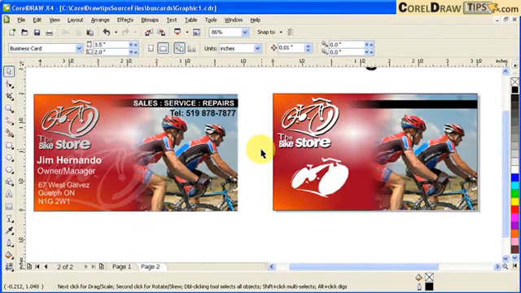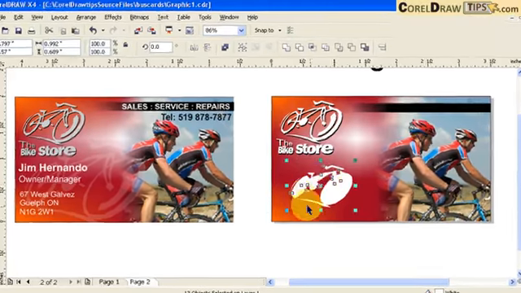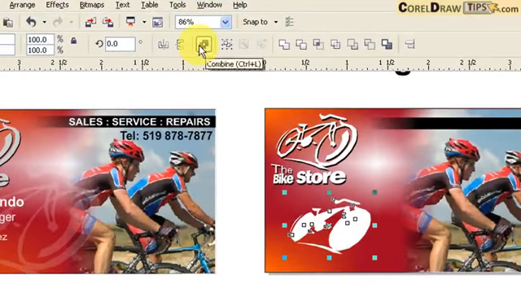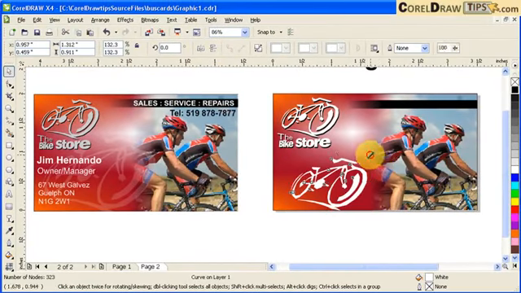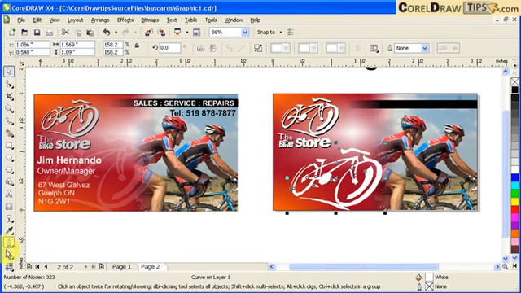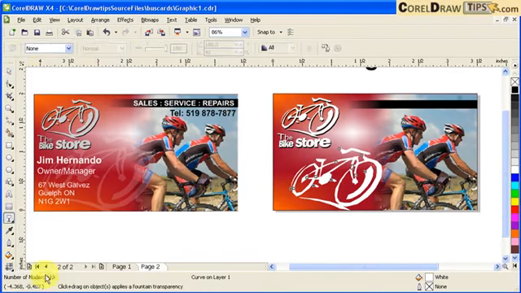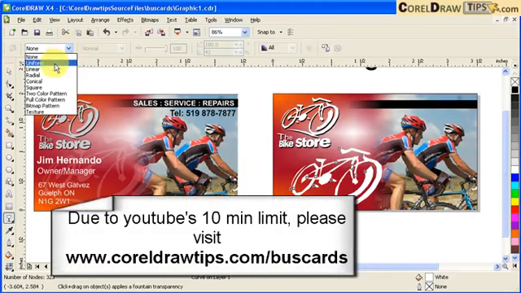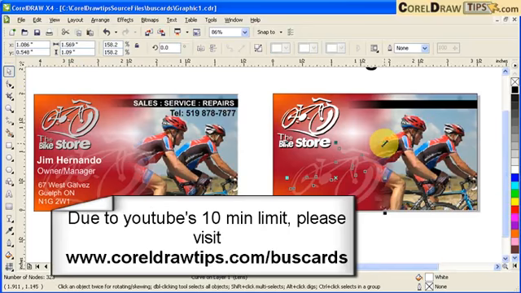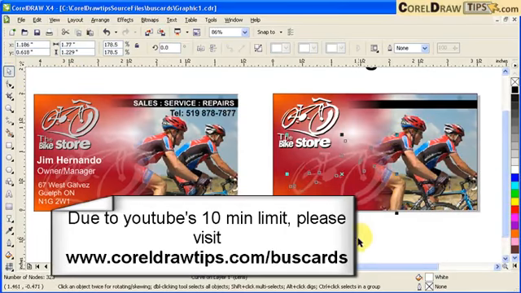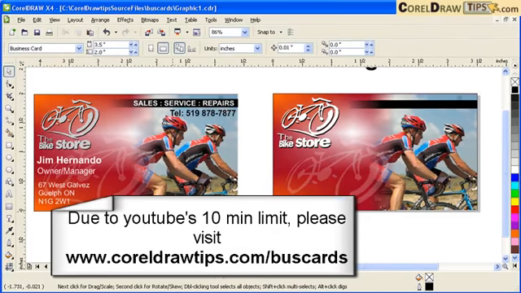Okay, I'm going to combine this again. So I'm going to make a marquee to select all of that, and then click on combine. There. And then I'm going to enlarge it. There. And then I'm going to put transparency, and I'll just click on uniform. I'm going to put more transparency on it. There. And then I'm just going to enlarge it. There. That looks good. Okay. Now